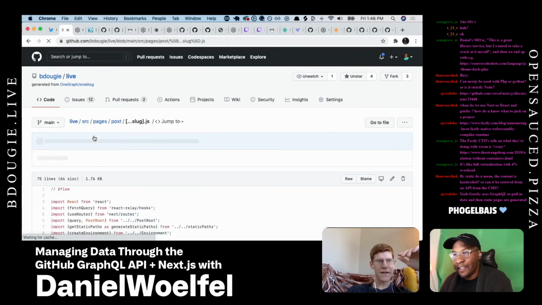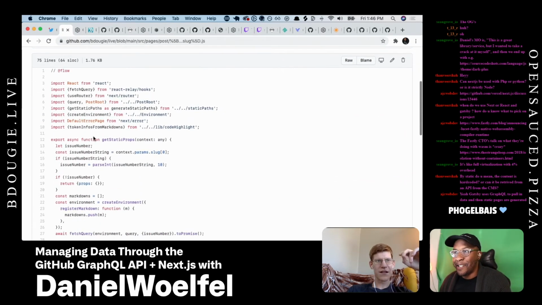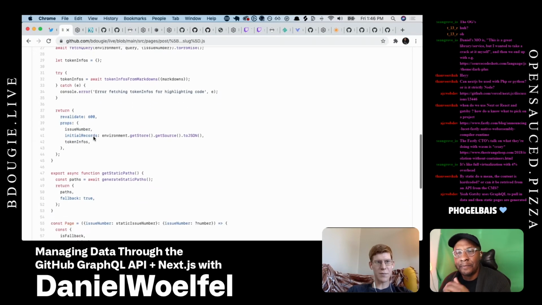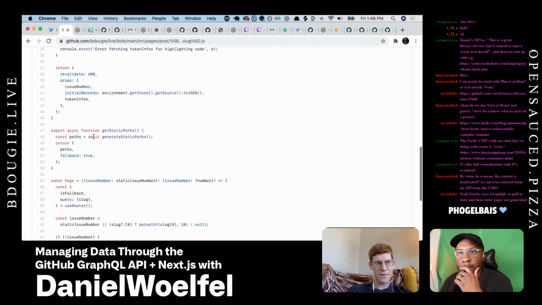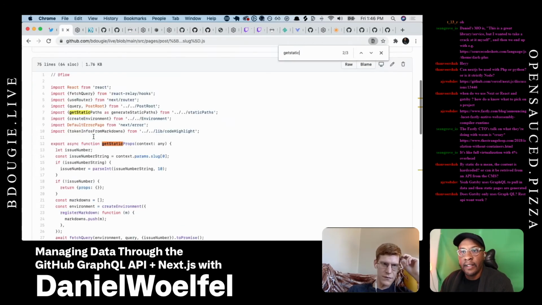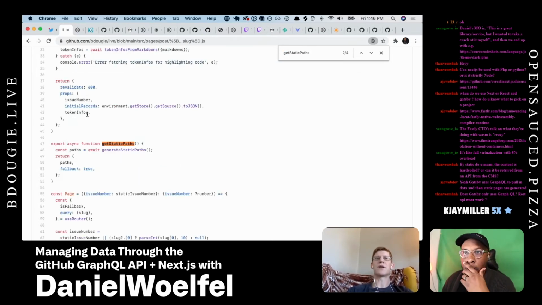If anybody didn't know, you can just hit T to search on GitHub. So there's these two things you export. One is getStaticPaths, and that tells it which pages to pre-generate at build time. Got it. And so to figure out what pages to generate, we just go at build time and fetch all of your posts, all of your issues.